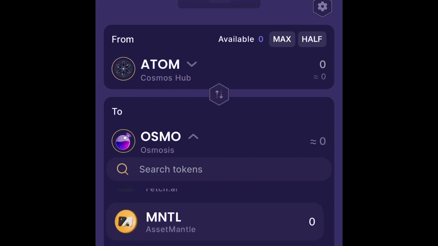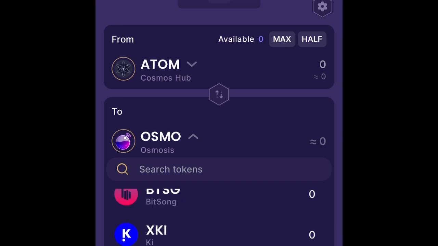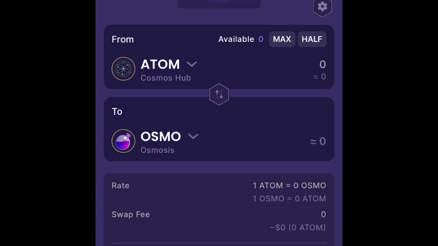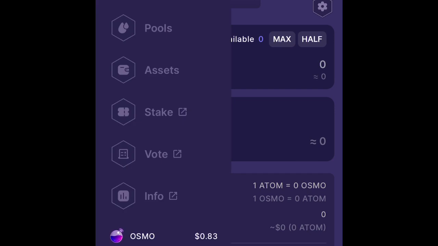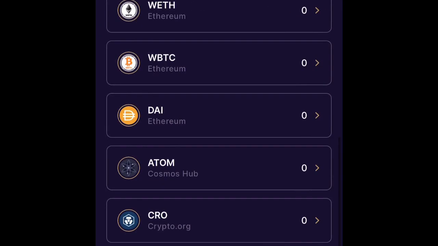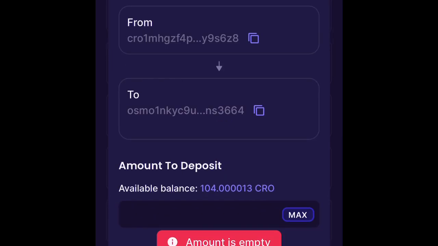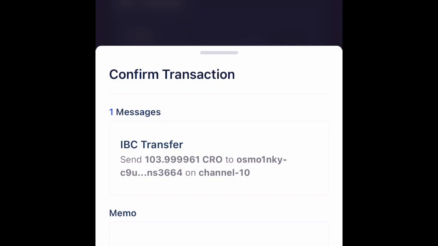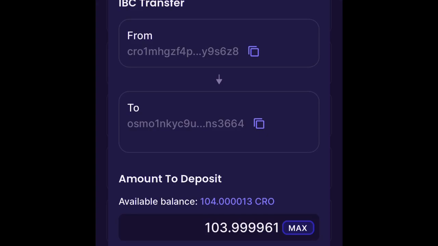So a lot of these coins are giants, sleeping giants. You know what I'm saying? So one of them is Evmos, and I'm going to show you guys how the first times I ever swapped for it, it was here. And then I learned the other tricks later on. So you're going to go to assets. When you go to Crow right here, you don't see it. I don't have no Crow. But when you hit deposit, those Crow that showed up in Cosmostation is here. So we're going to enter it into the Osmosis Lab. So basically, this is going to be wrapped, Osmosis wrapped Crow.